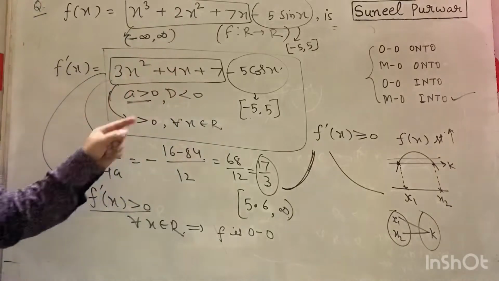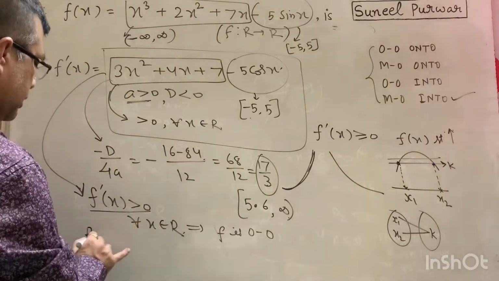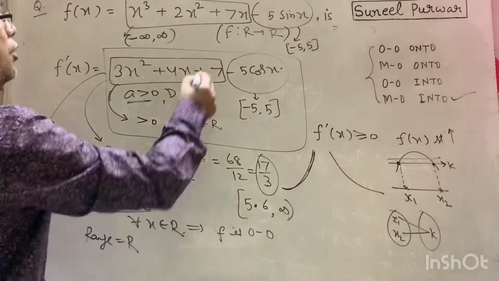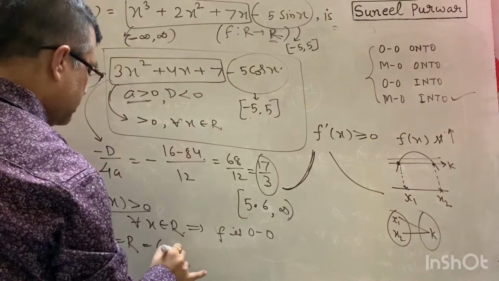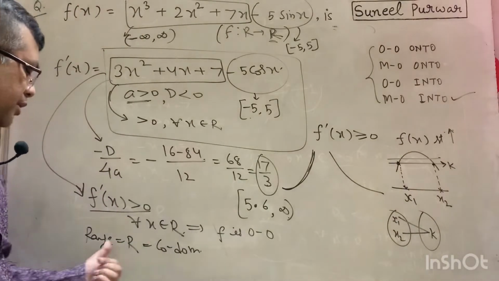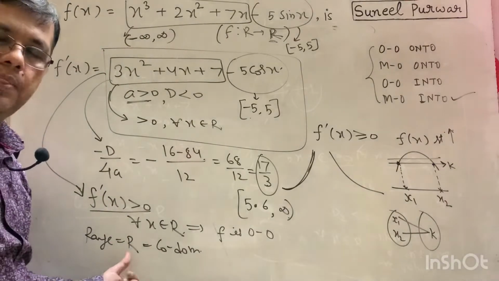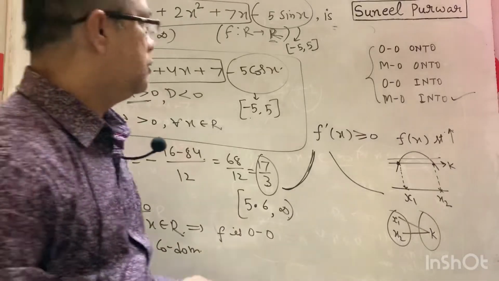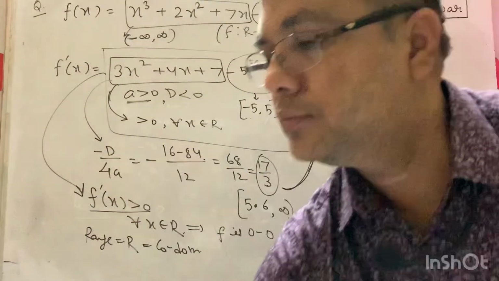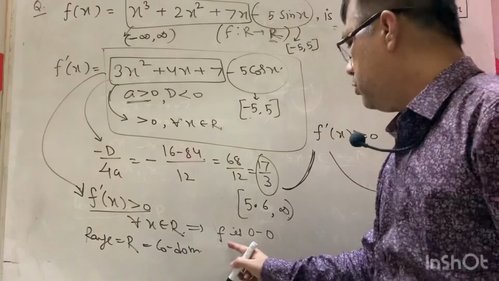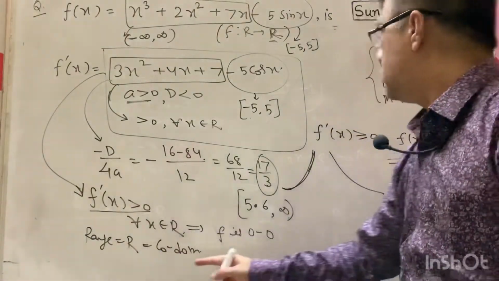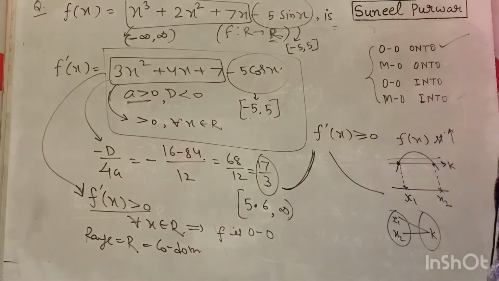So what is the range? R. So the range of the function is R, and codomain is also R. So whenever range and codomain are the same set, the function is onto. So our function is onto in this case. So for this question, what is our answer? Function was found to be one-one and it is onto, one-one onto. First option is correct.